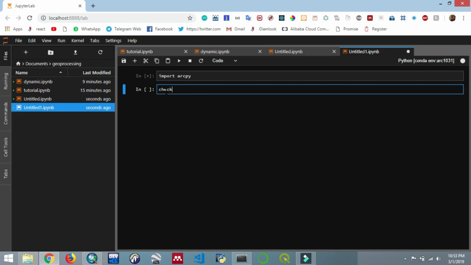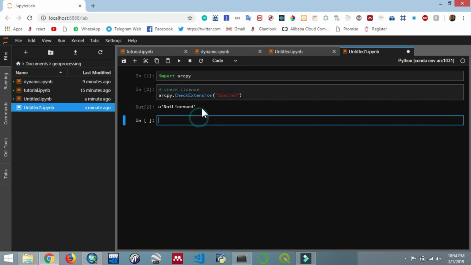To check a license, use the CheckExtension function, as easy as that: arcpy.CheckExtension. We can check the Spatial extension, for example, and then let's run and see our output. As you can see, the spatial license or extension is not